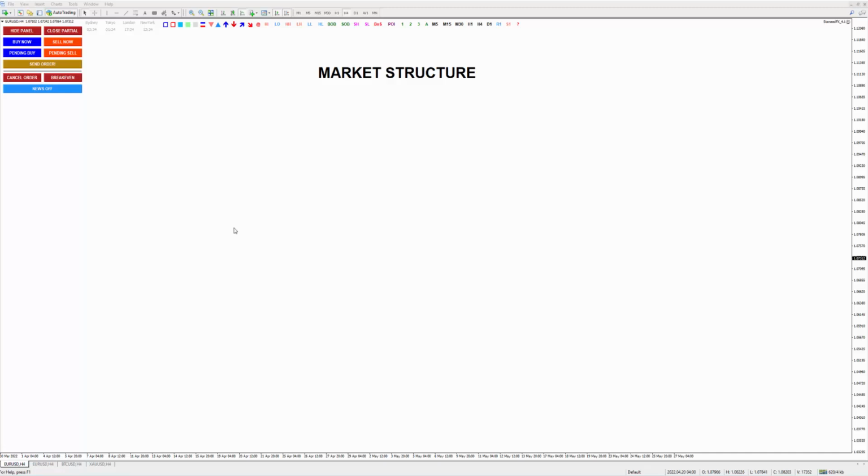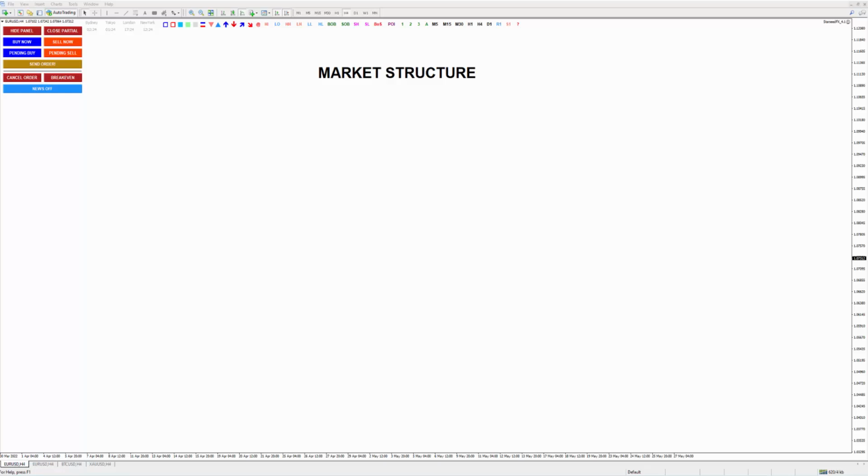So anyway, yesterday we discussed market structure, the 1, 2, 3 pattern, and also scalping. But I will make the one about scalping in a separate video. So for now, let's just focus on the basics of market structure and how you trade it. Quite a few people ask questions and sometimes they are confused about how to read market structure.